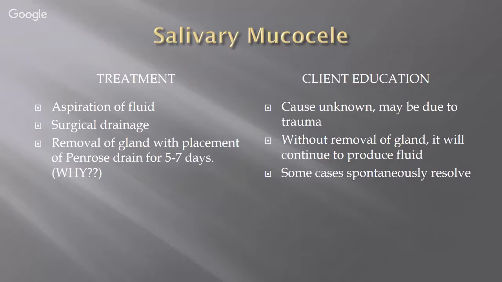completely. Now, when we remove the gland, it's a large structure, we do want to put a Penrose drain in. That Penrose drain is simply a flat latex tube. It's a flat tube, but it does have an opening in the middle. And we place it in that wound, that surgical wound where we've removed the gland, for about, I have 5 to 7 days, sometimes even 3 to 4 days, because the body likes to fill any gaps in the body